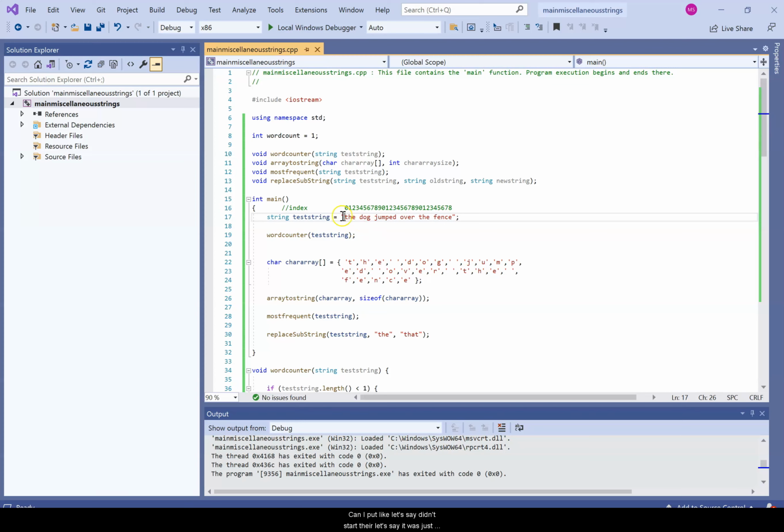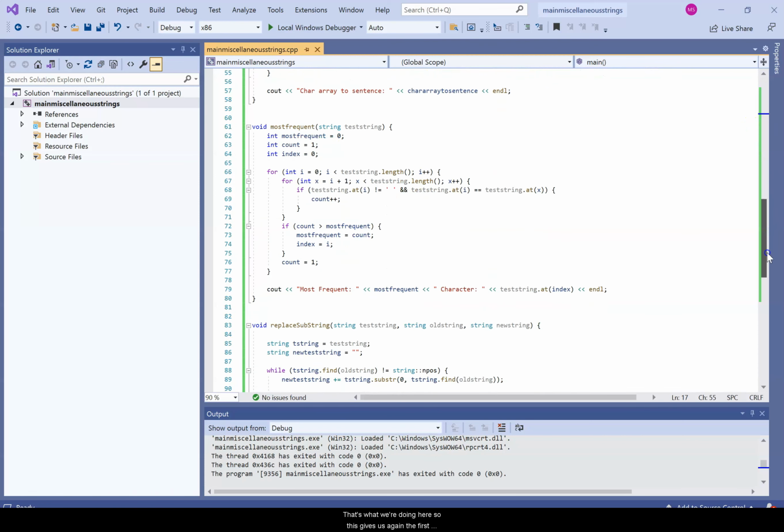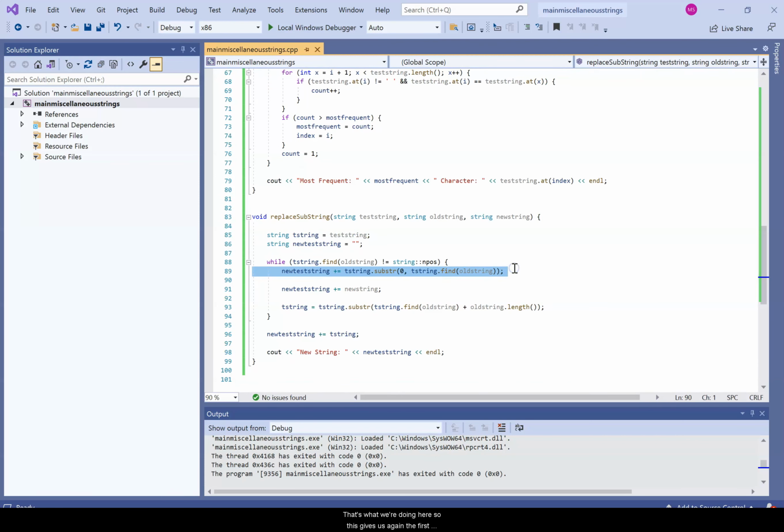Okay, but let's say it didn't start there, let's say it was just right here, we would want to strip off this whole first part. Again, let's assume that's not there. Let's say it says dog jumped over the fence, it would want dog jumped over space, and then we would want the first part of the string in there, and then we would skip this part and then add in that to our string and then add in the end. That's what we're doing here. So this gives us, again, the first part of our string, then we put in that to the new test string, and then we assign this to, where the old string,